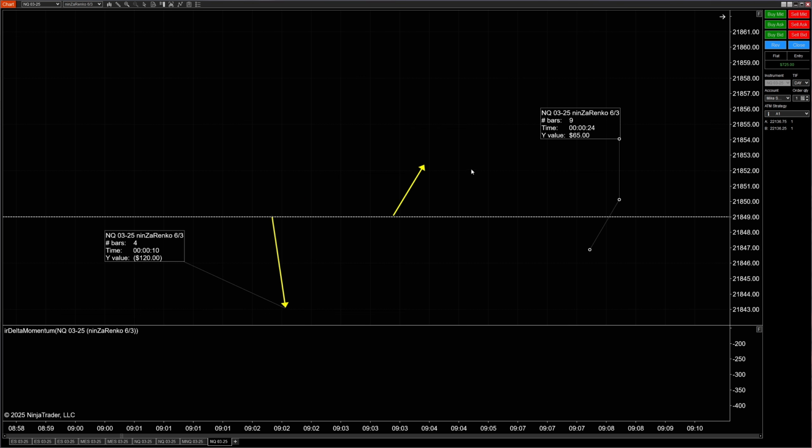Now, here's something a lot of traders get mixed up. On this second trade, unless the market pushes up at least $120 in our favor, then guess what? Our trailing drawdown will never move up. So let's say on trade number two, trade number one we lost $120, but then we look at trade number two and we can see it went in our favor $70 and we closed out the trade. Well, since we were never up more than the $120 that we lost, then again, our trailing drawdown would